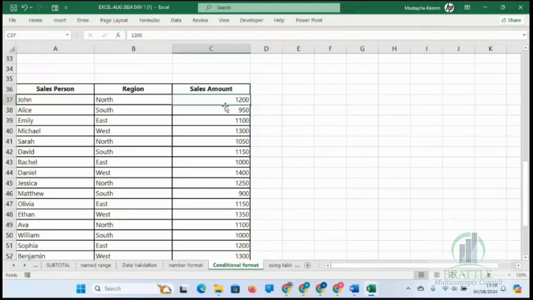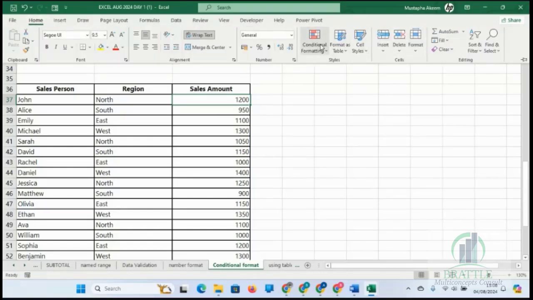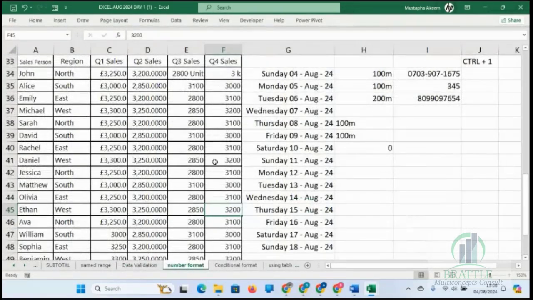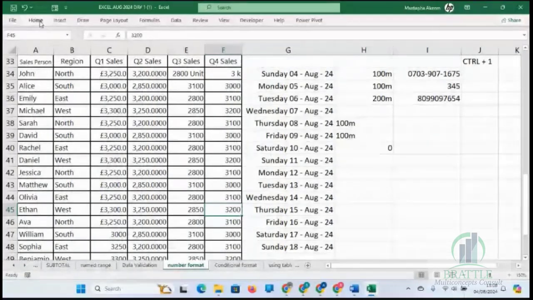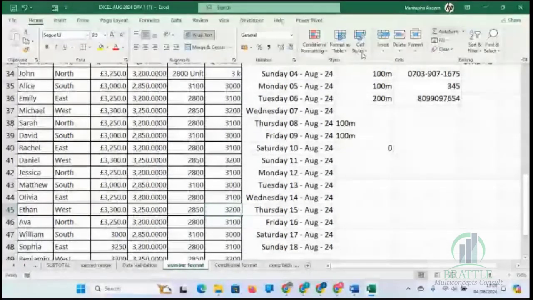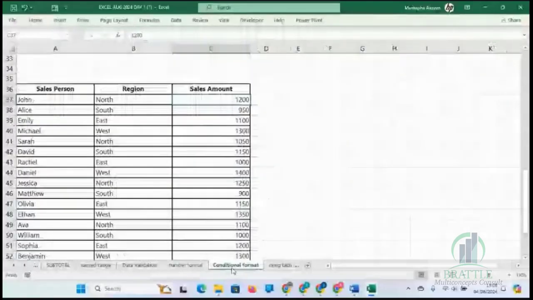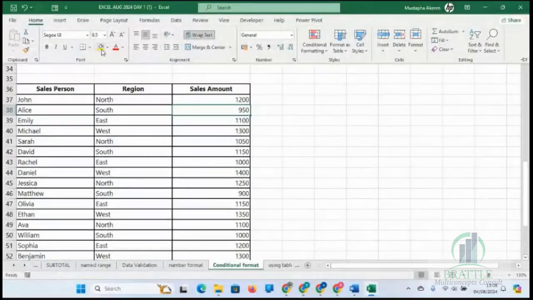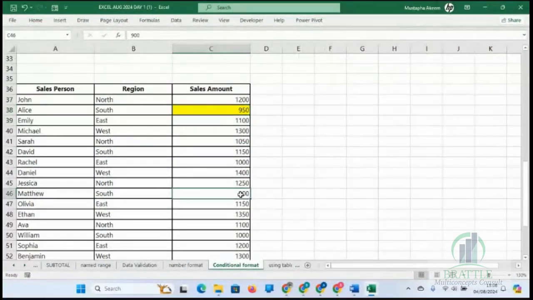Now, conditional formatting. Conditional formatting is found under the Home tab. Remember, we talked about formatting here already. We have formatted, and you can do font format. All those formatting can be done here. But what about conditional formatting? Sometimes you want Excel to identify some things for you, instead of doing it manually yourself. Now, I want to see all sales below 1,000. I can come here and put it in red, so that it can be easy for me to identify.